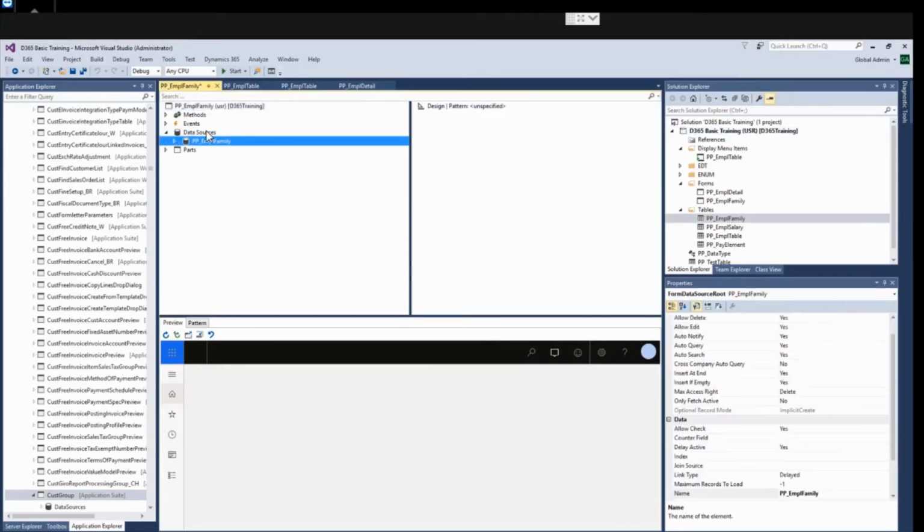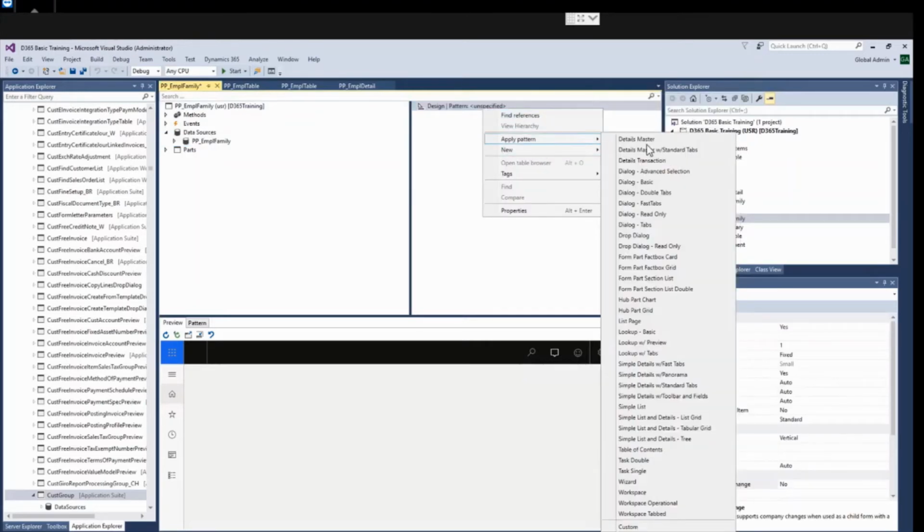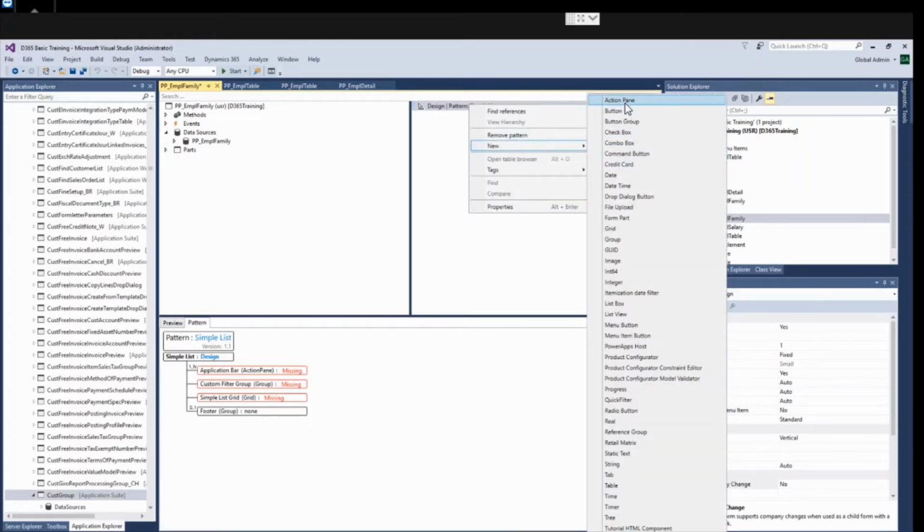Drag the data source. Now in the design I will apply the same pattern, simple list. So I'll follow this guide. Action pane.